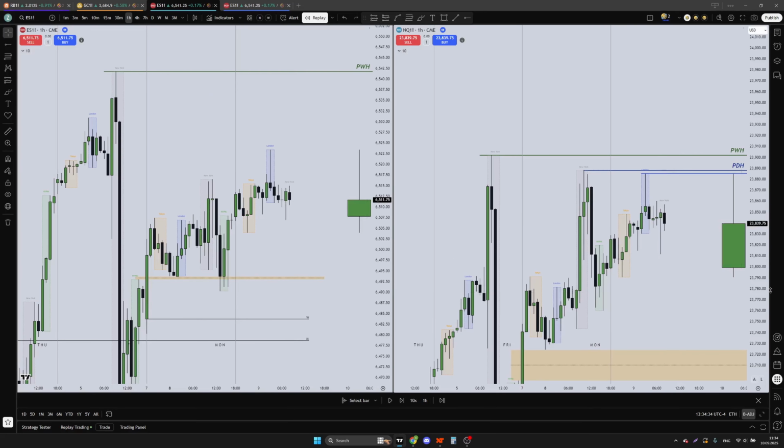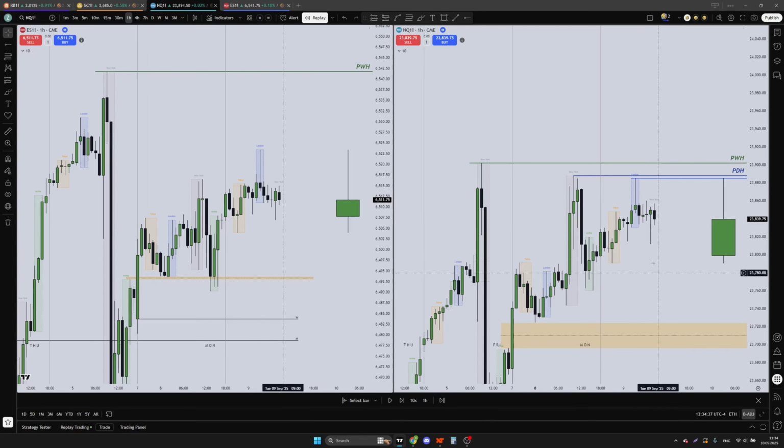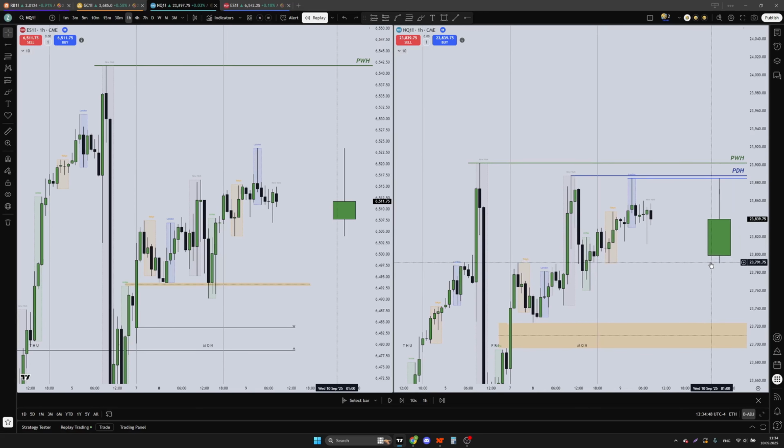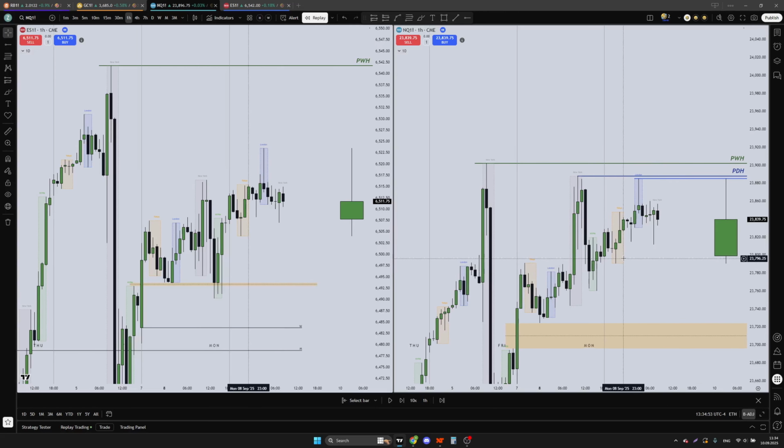So the first step is done, and then the second step for me is to engage price mechanically. For that I'm going to determine the daily profile. Basically I'm going to ask myself, do I think that the daily low today has been formed? And looking at the Asia and London, I don't think so, because right now we have this